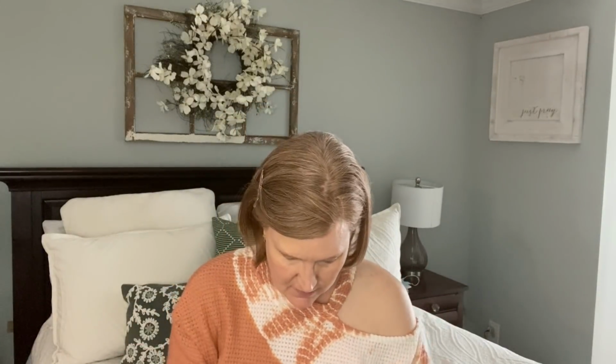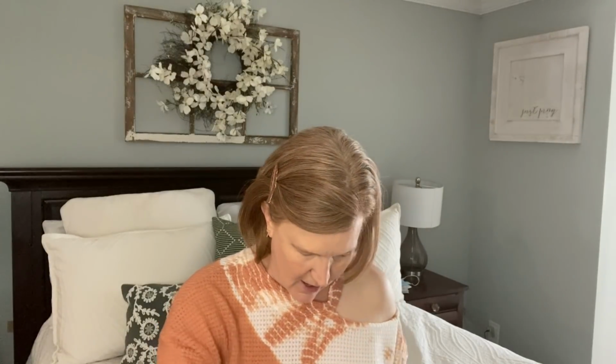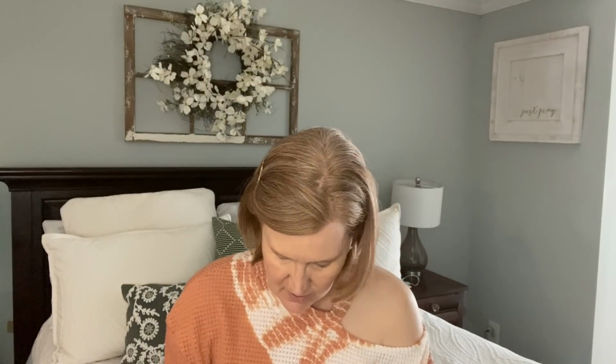Okay, the next thing that I'm going to go ahead and do, let me take this stick out so we know that we've done that. The next thing that I'm going to do is the glow stick. This is the thing that I'm most excited about. I just think it's so pretty. So I'm just going to take it and kind of put it right here. Oh, wow. That is balmy